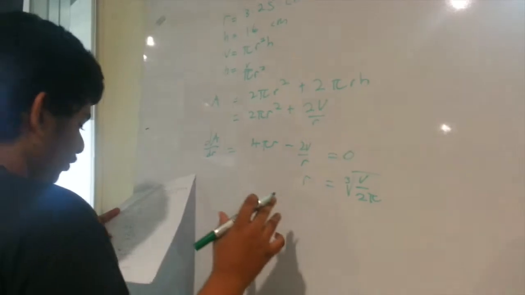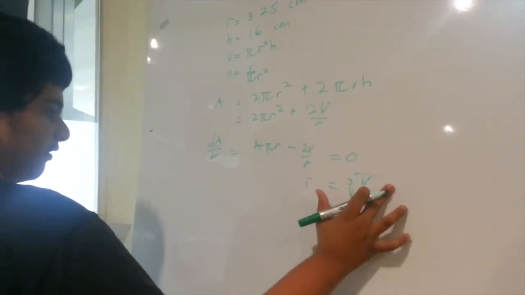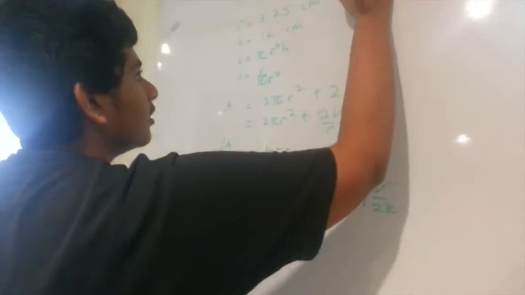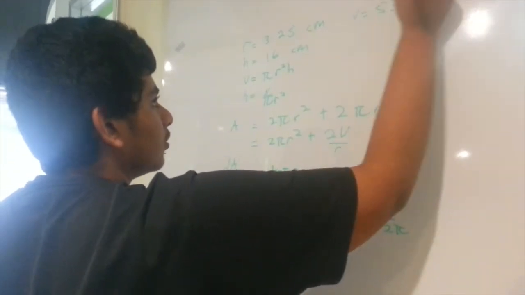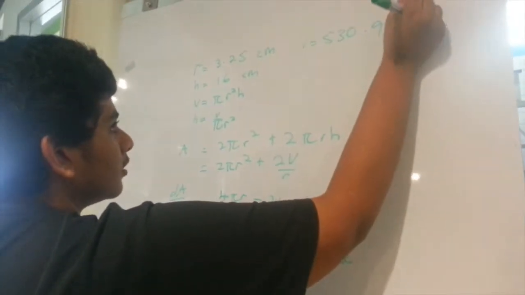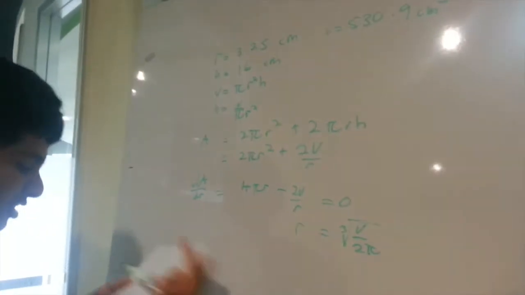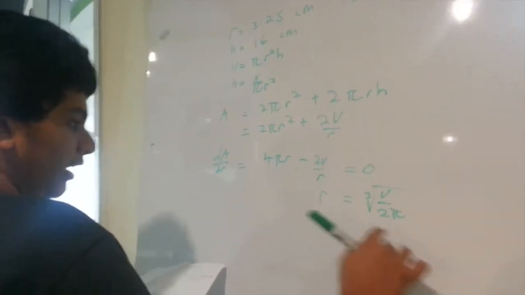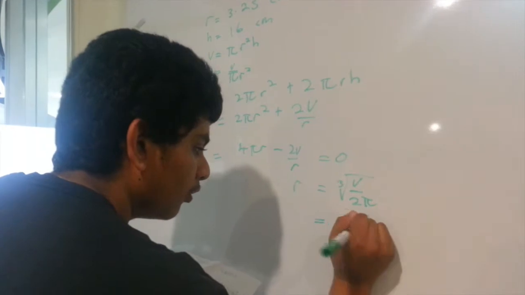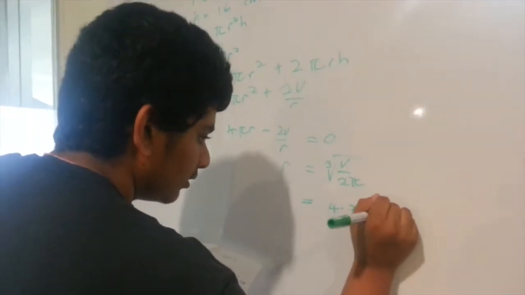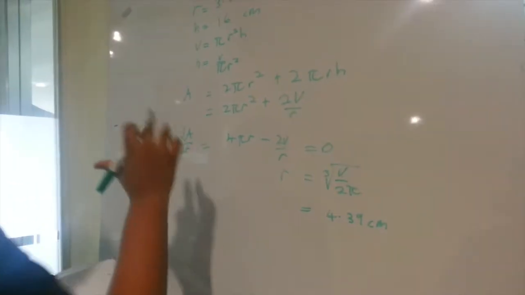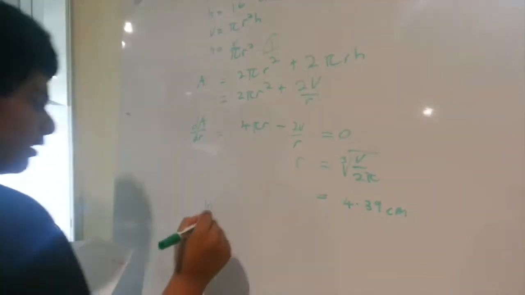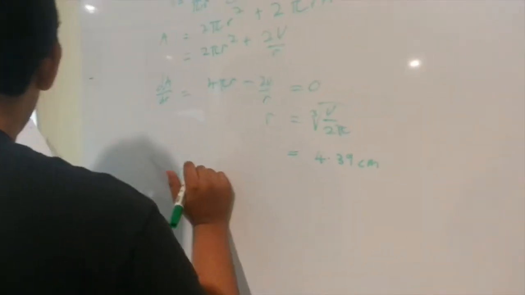If you calculate the V, it's actually 530.9 cm cubed. We are leaving it in cm because it was given to us in cm, but you can change it if you want to. If you calculate this, your r will be 4.39 cm. Once you get that, you can find your h using equation number 1, which you will find out to be